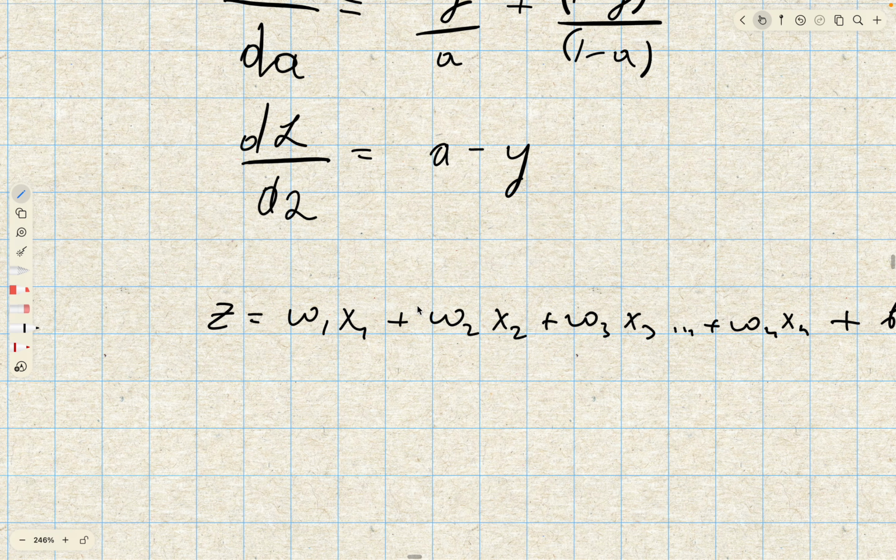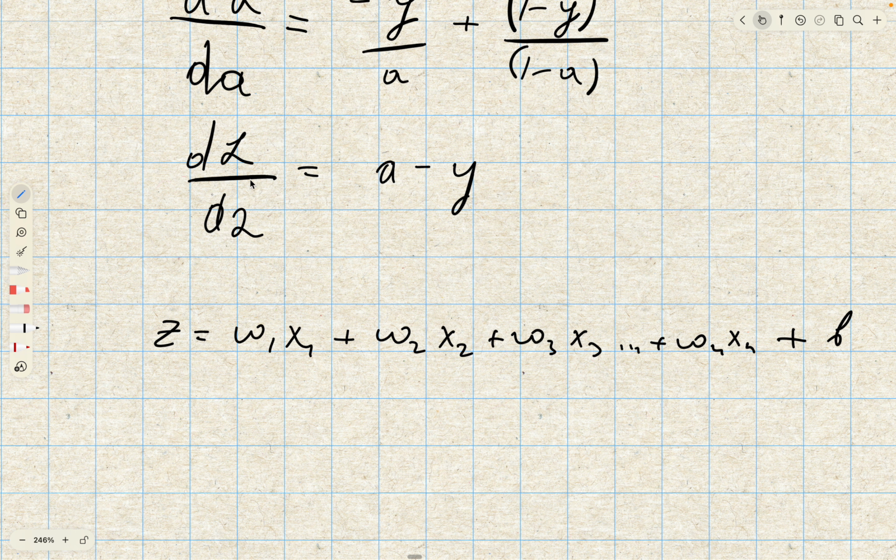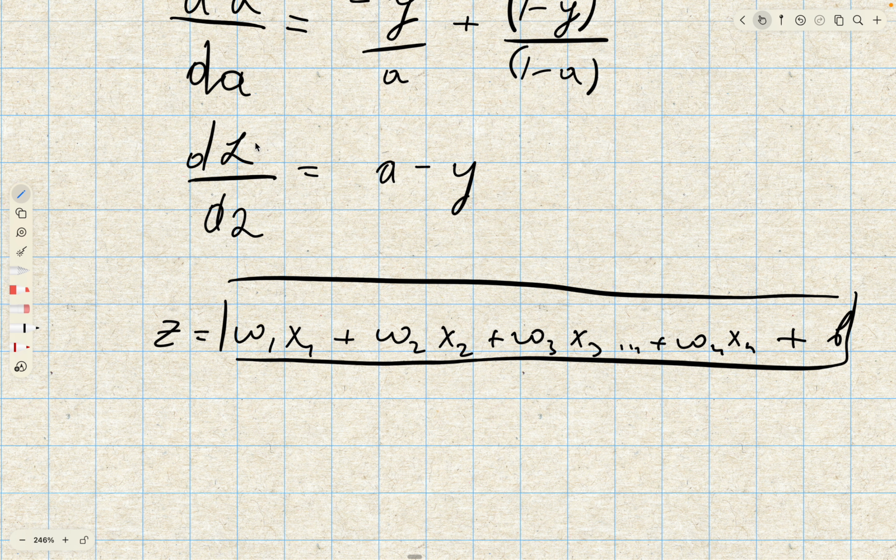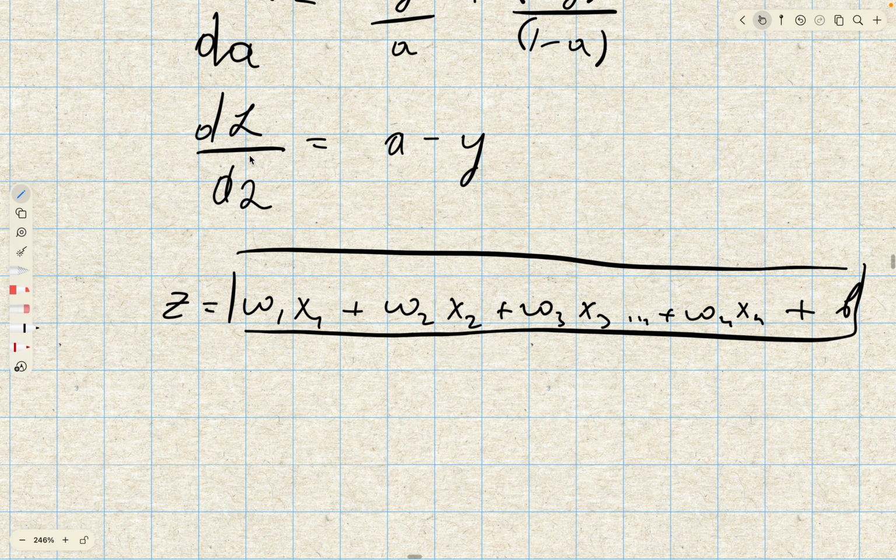We already have the derivative of the loss function with respect to Z. If we are trying to find, for example, the derivative of the loss function with respect to V1, dL over dV1,